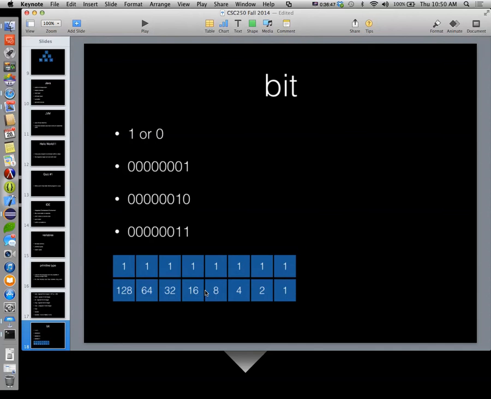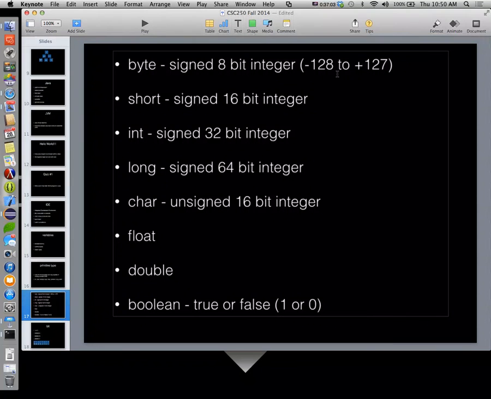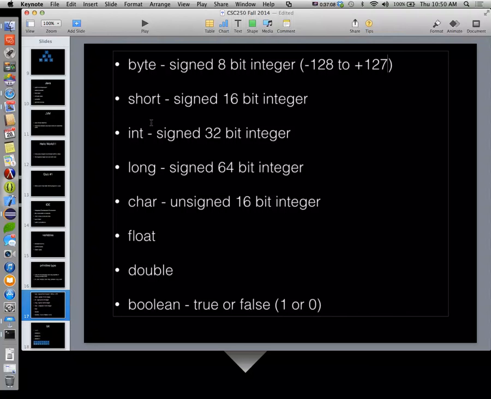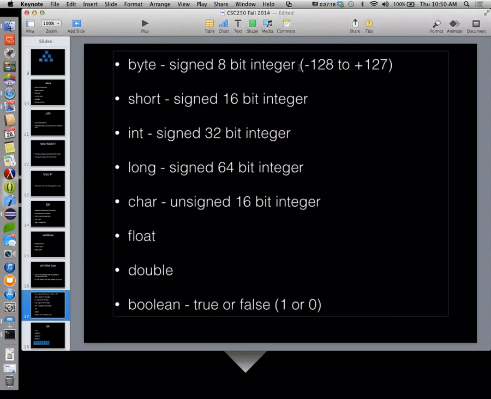There's something called 2's complement that we deal with at a different point in time. That is where we get the extra 1 on the negative side. Actually, I lied to you here. Negative 128 to positive 127. That's the range of values of a signed byte. So even though it's an 8-bit integer, only 7 of those bits are used for numbers. And you'll actually find this is negative 2 to the 7th power to positive 2 to the 7th power, minus 1.